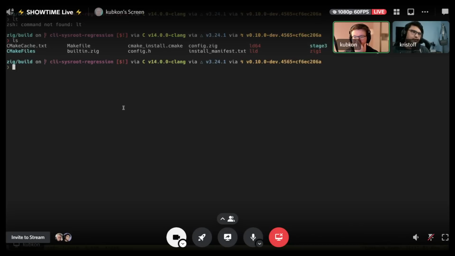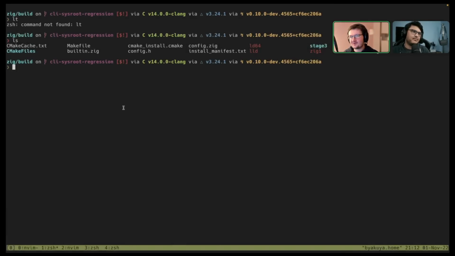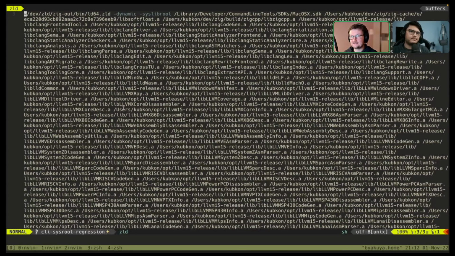So, a slight disclaimer here. The way I'm comparing performance is I'm basically cutting every single middleman we have. So no Zig, per se. I built a standalone ZLD and then ran it as a standard linker command. Basically, what we do internally as the final stage of the compiler, I do manually here. That makes it fair, because that's exactly what the other linkers are doing. Otherwise, we're slowed down by all the other niceties that we do, like creating archives, which we don't want to compare.